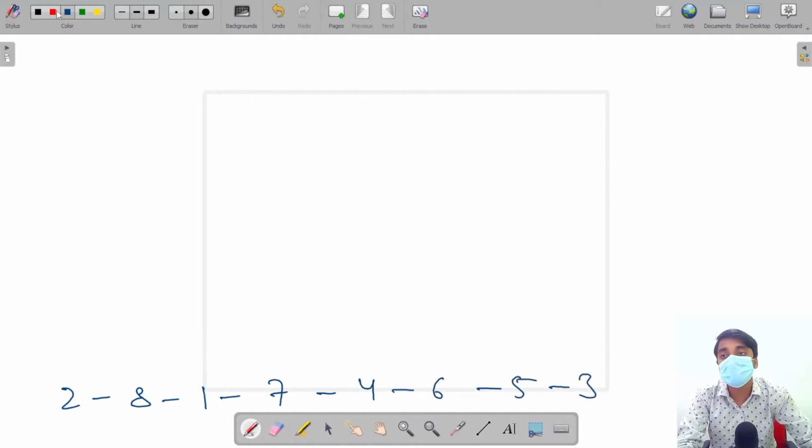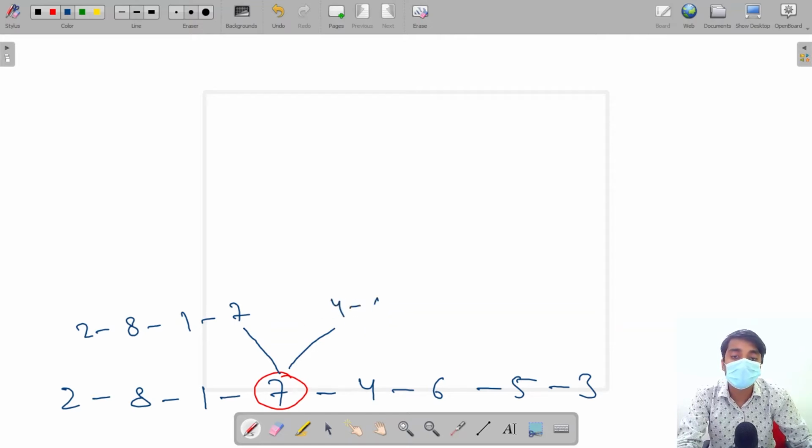In merge sort, we will find the mid of the list first. Then we will call a recursive function for the first half. This will give the sorted list from 2 to 7, and another recursive call for 4, 6, 5, 3.